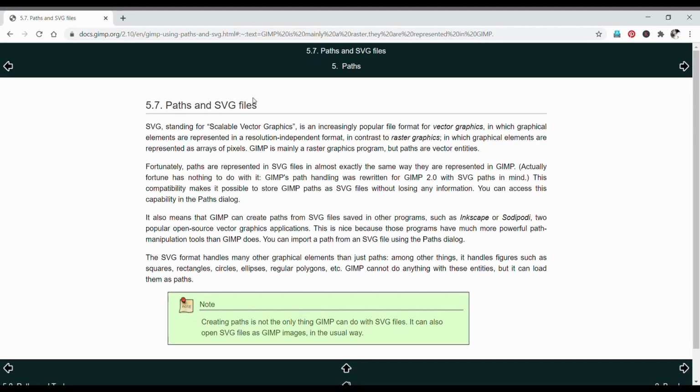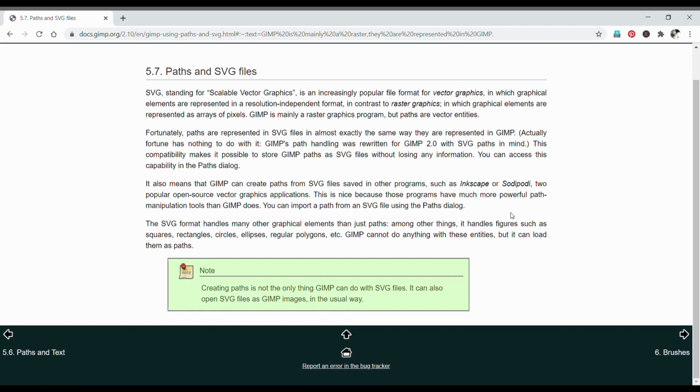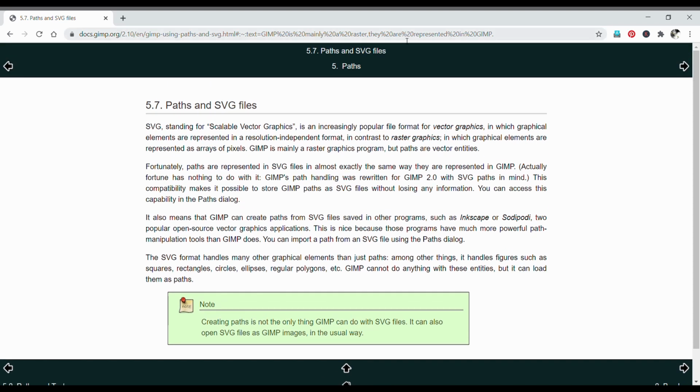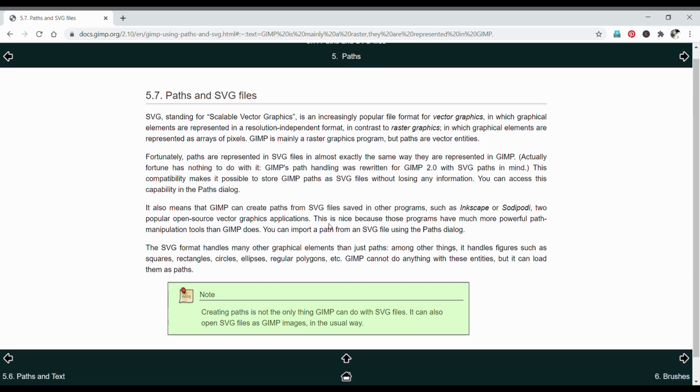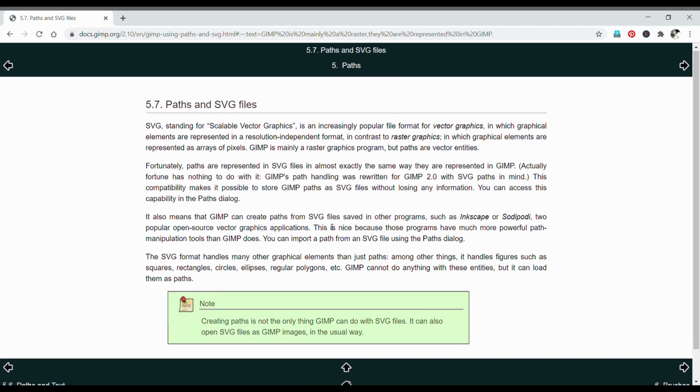Now coming back to the context of GIMP, is it a raster or a vector software? The documentation from gimp.org calls it mainly a raster program, but there are path elements to it as well. However, the documentation also points out that other software like Inkscape have better path manipulation tools, which means that the math behind path creation is better on Inkscape than on GIMP.